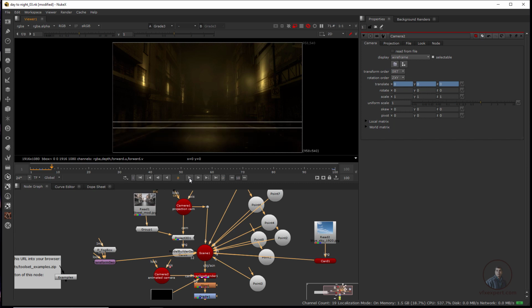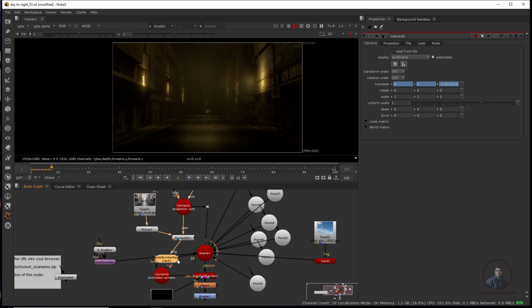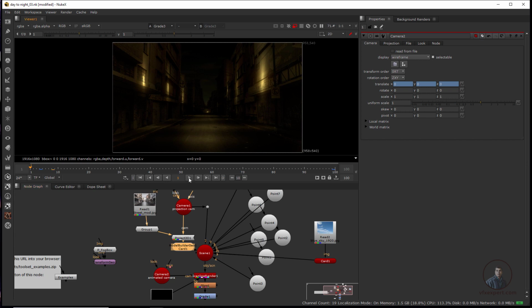Now first stop here. Just check our camera animation a little bit. I am going to unplug this one because this is too heavy. Then simply unplug this one. Okay, now play and check our camera animation first. Stop, just check. I think it's too slow, so I am going to adjust here.